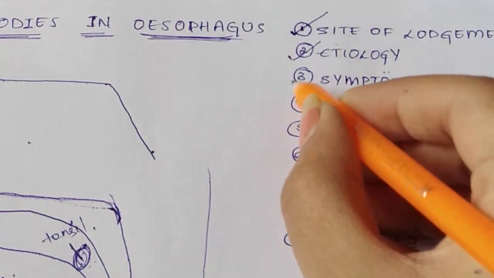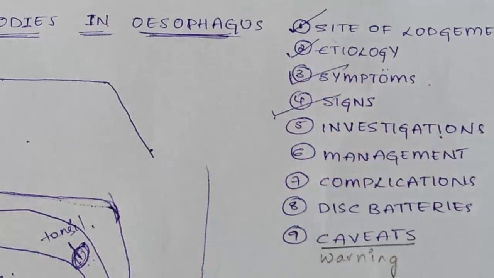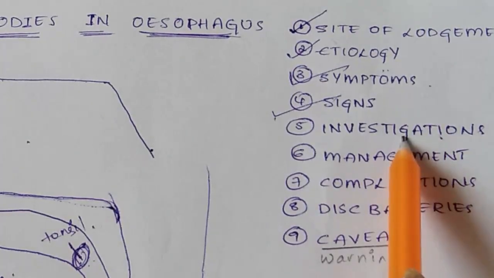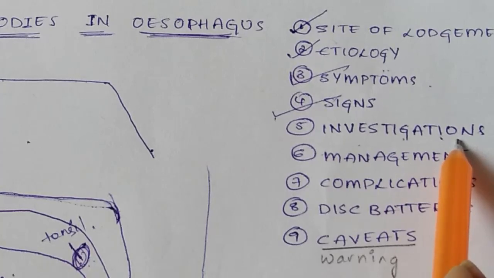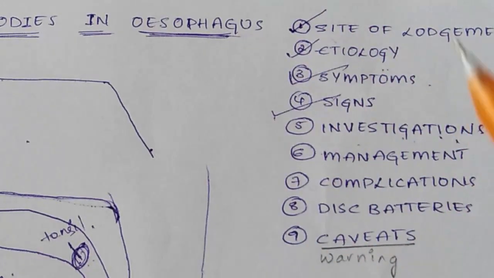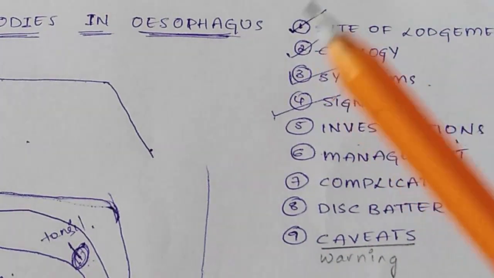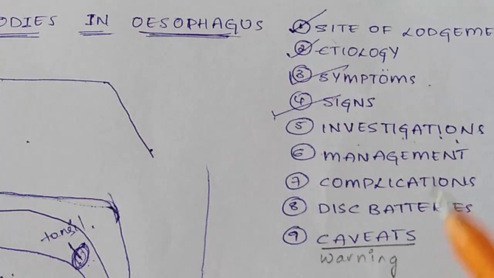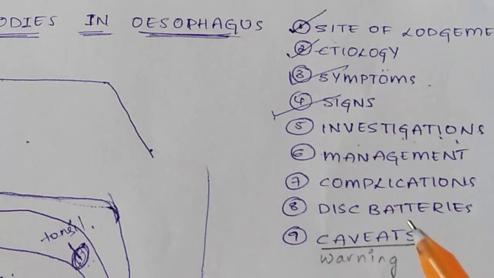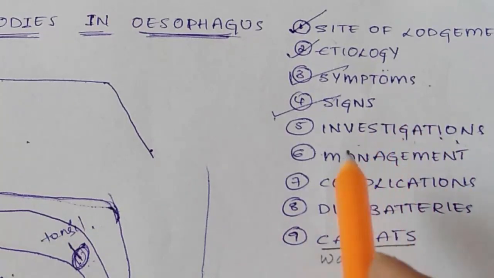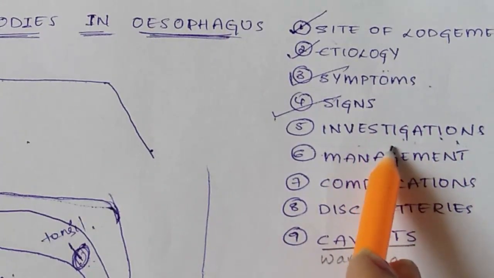So we have completed symptoms and signs. Now coming to the investigations. This is very simple. We have to take an X-ray, lateral view or posterior anterior view. In the coronal plane we can see foreign bodies like a coin or needle or something that is radio opaque. Only radio opaque foreign bodies can be seen through the X-ray. We have to rule out that.